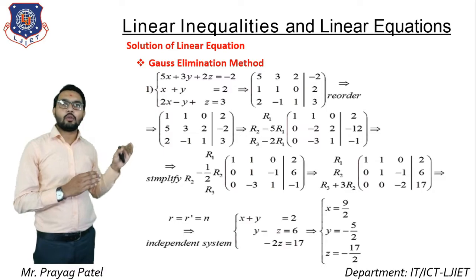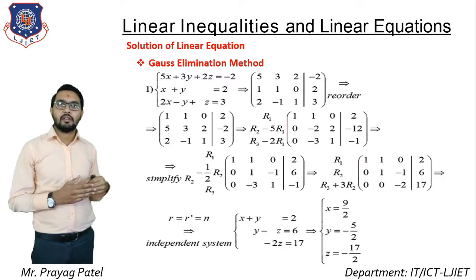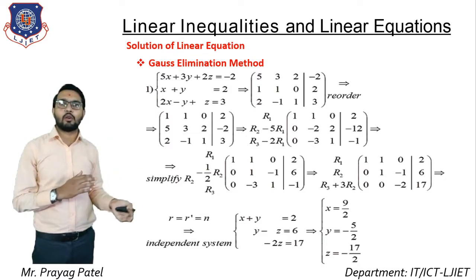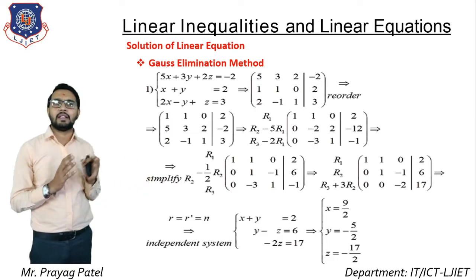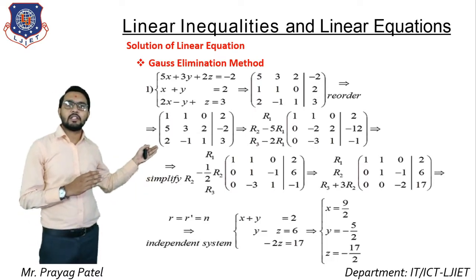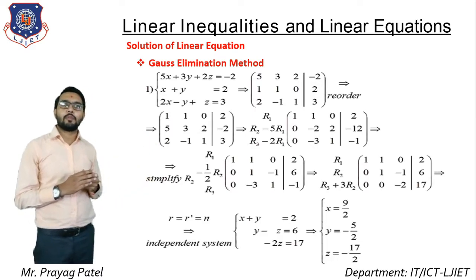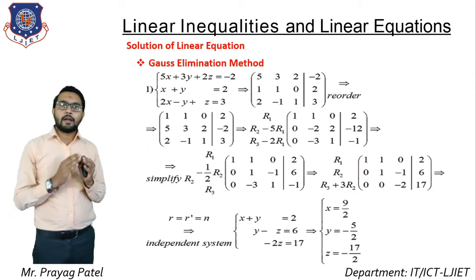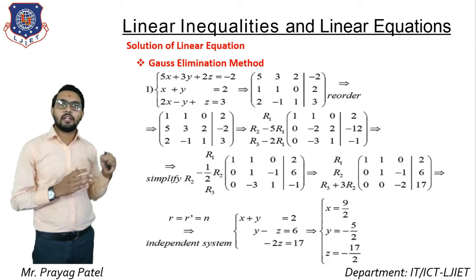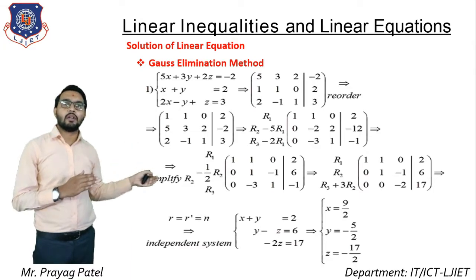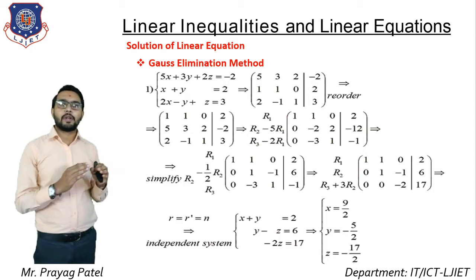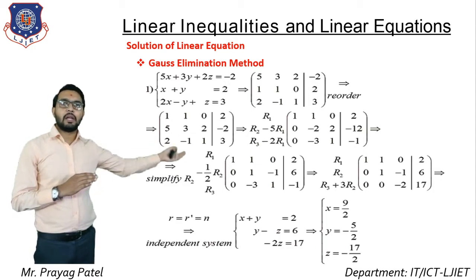Now after that, you can reduce this matrix using row operations, like multiply r1 and add it to r2, or r2 minus 5 r1, like this operation. So first consider this matrix. Now perform the operations: first row r1 as it is, in the second row r2 minus 5 r1, in the third row r3 minus 2 r1. So 2 r1 means multiply r1 by 2 and subtract from row 3. So the resultant matrix is next.